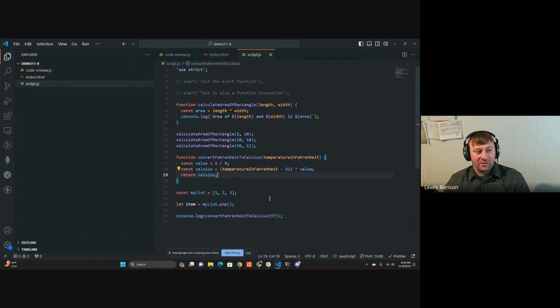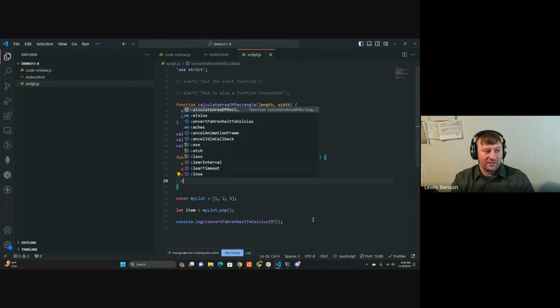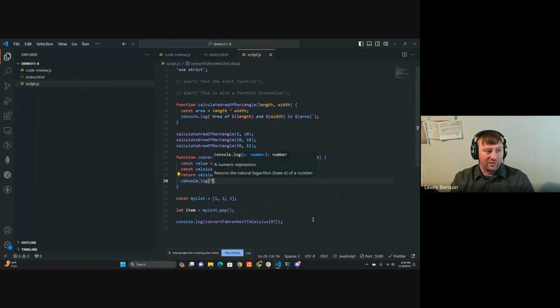One more thing to note is the return keyword. The return keyword sends the value back to where the function gets invocated. So here we're invocating the function and we're receiving this value from the return. It does one more thing as well. It actually terminates the function. It doesn't allow any more code to run within the function. So if I tried to console.log my Celsius here,